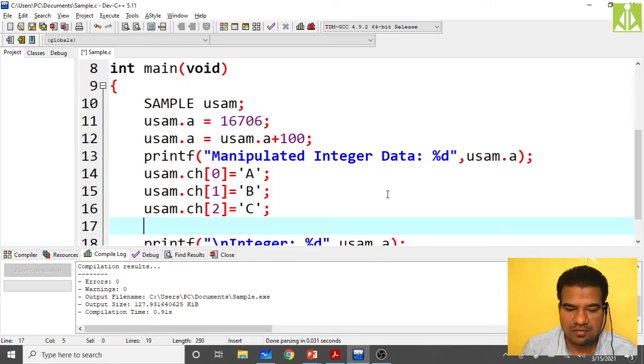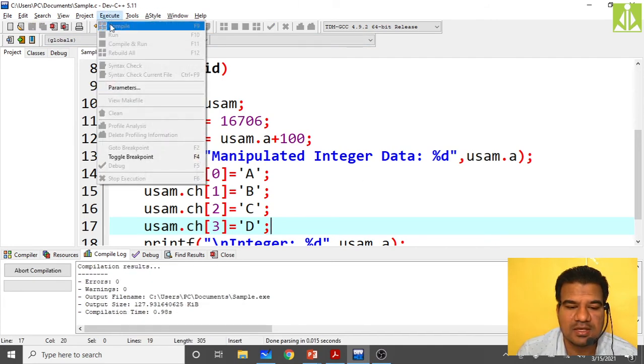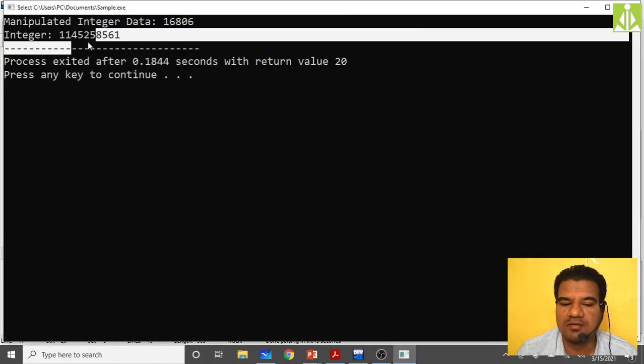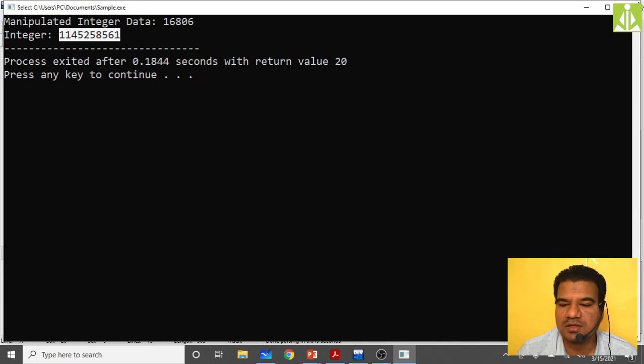Once again, use the last byte, usam.ch of 3 equals to capital D. Go to the end and put the semicolon, save it. So simply it is replacing your integer. You got a very different value over here. Previously we stored this one, but now this entirely got modified.